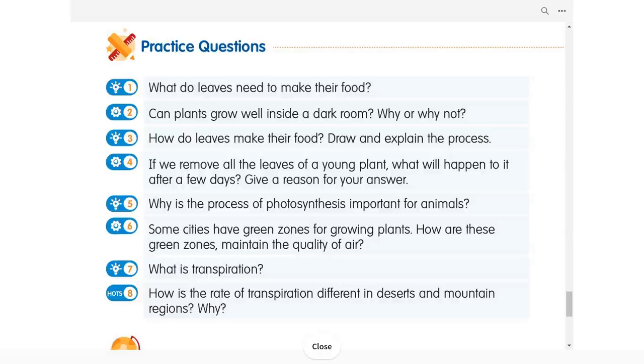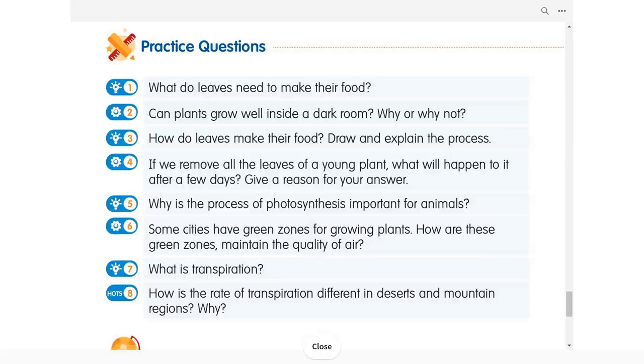Next question. What is transpiration? Transpiration is the process by which plants lose the excess water from their leaves. Transpiration is the loss of water from a plant in the form of water vapor. Water is absorbed by the roots from the soil and transported as a liquid to the leaves via xylem. In the leaves, small pores allow water to escape as a vapor. The answer is, transpiration is a process by which plants lose excess water through their leaves.